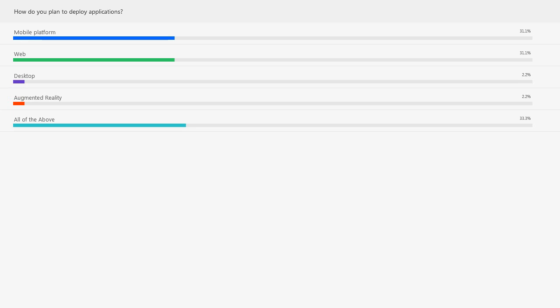It's actually interesting the desktop is so low. I thought that would possibly be a little bit higher, just given the industrial settings where a lot of deployments of these technologies are on premise, and potentially stationed at pretty siloed workstations. So I think what we can derive from this poll, Jeremy, is that flexibility is needed in terms of how things need to be delivered. So this is good, and I think it will really shape how I go forward and talk about this.